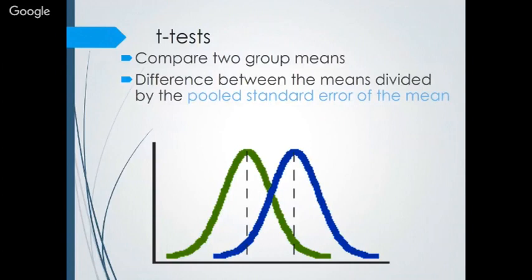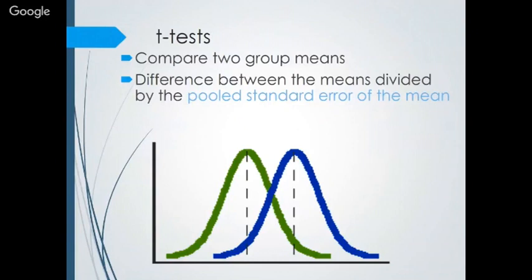After that, on the basis of the calculated statistics, we can compare. We can test whether the means observed from these two showed some difference. If they showed some difference, is the difference actually valid, or is it showing due to chance? This is what we are testing, the difference between the means. That is how we do the t test. That is the second thing: the difference between the means divided by the pooled standard error of the mean.